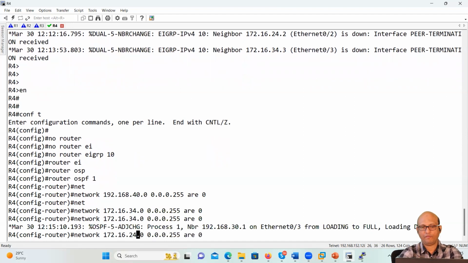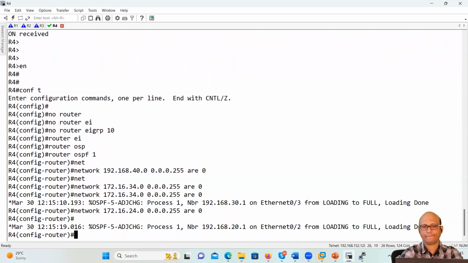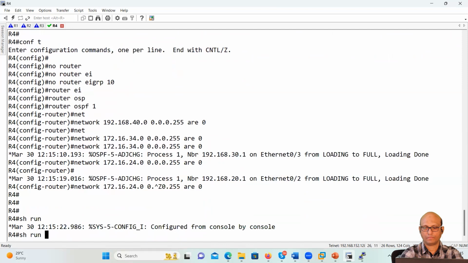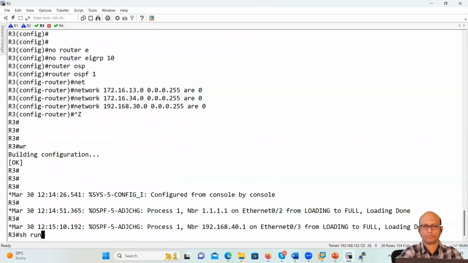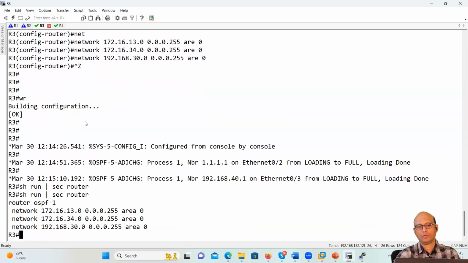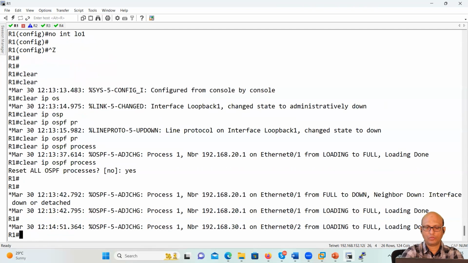So 24, 34, and 40. When I say show IP OSPF neighbor,